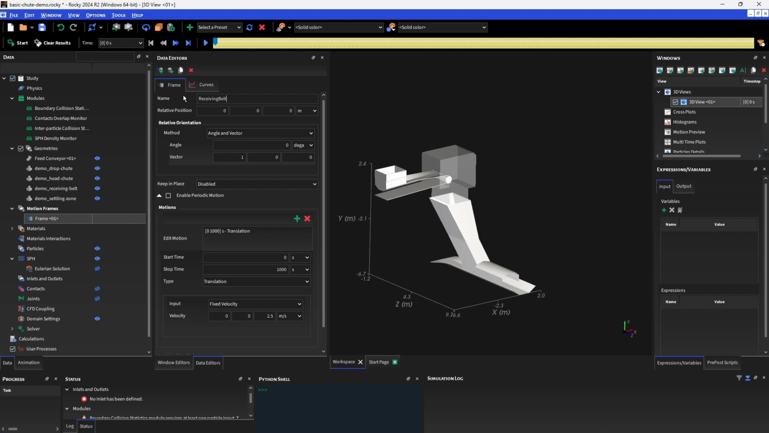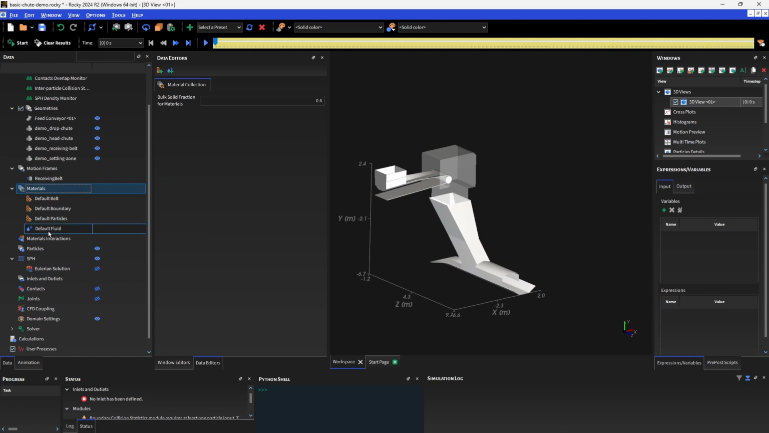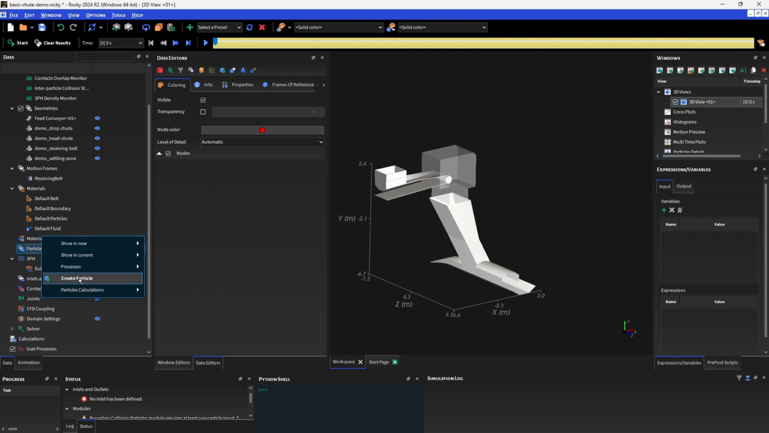Receiving belt. Okay, of course we can create new materials, change their densities and stiffnesses and whatnot, as well as prescribing material interactions. So things like friction coefficients, coefficients of restitution. If there was an adhesion model switched on, you would find some settings in this interface. I'm just going to leave everything to the defaults for the sake of this demo and jump right ahead into